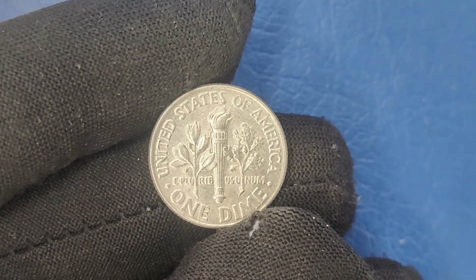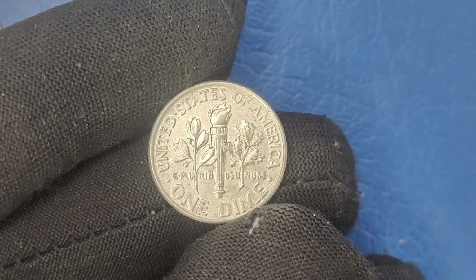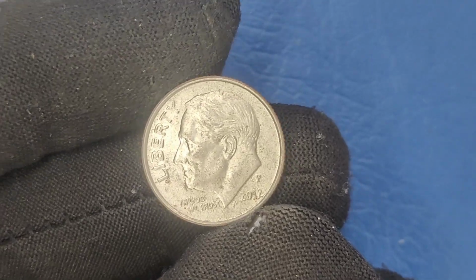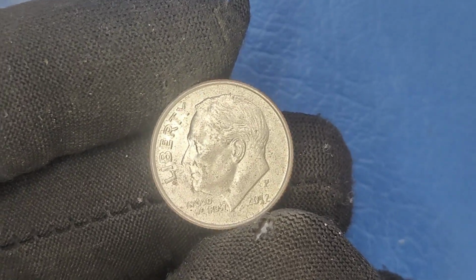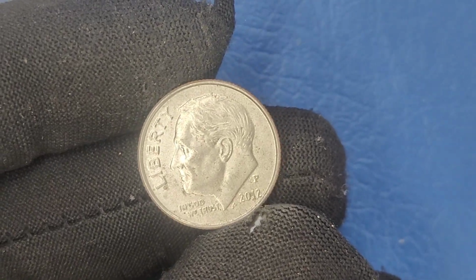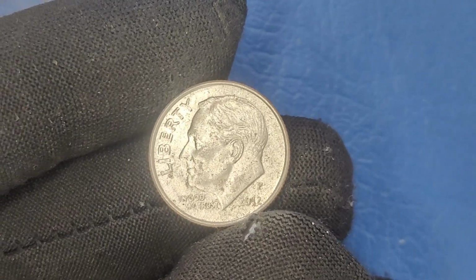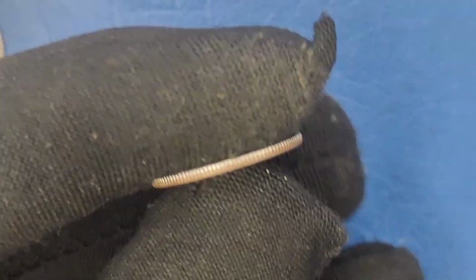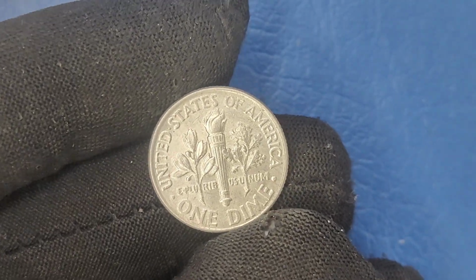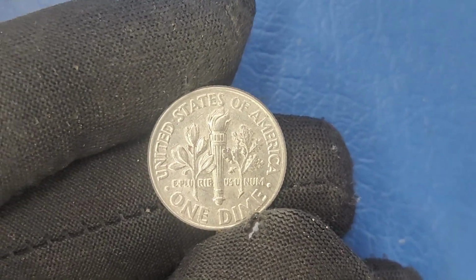These errors are known as die errors, and they can happen during the minting process when a coin is struck with a worn or damaged die. In the case of the 2012 P mint mark dimes, some were minted with a double die, which means that the design on the coin was imprinted multiple times, giving it a doubled effect. This doubling can be seen clearly in the coin's details, such as the lettering and date. If you happen to find one of these coins with the right kind of error, you could be sitting on